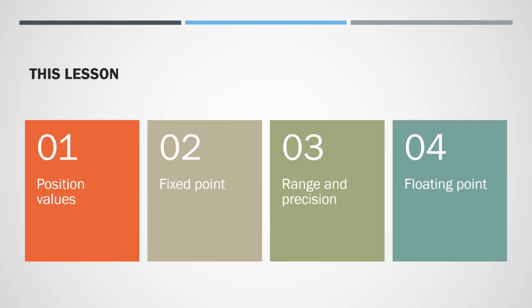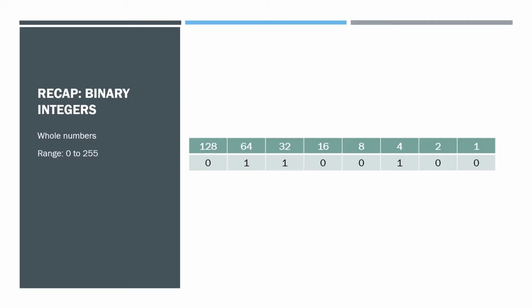So in this lesson we're going to recap what we know about binary position values and fixed point numbers. We're going to think about how range and precision can be traded off and how a floating point number offers a solution to this problem. So to recap,